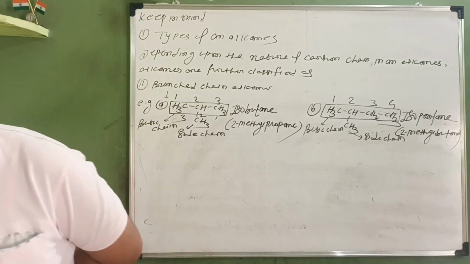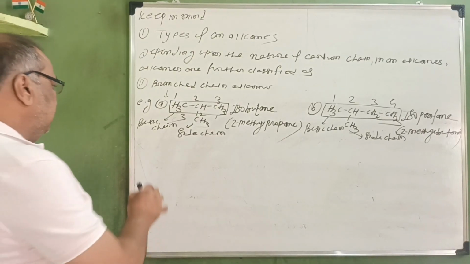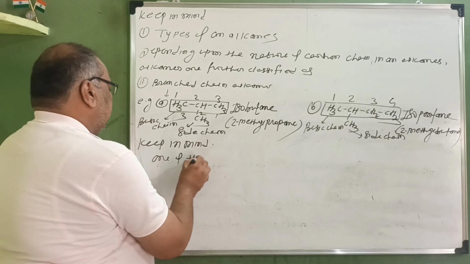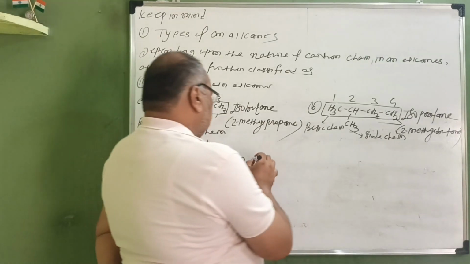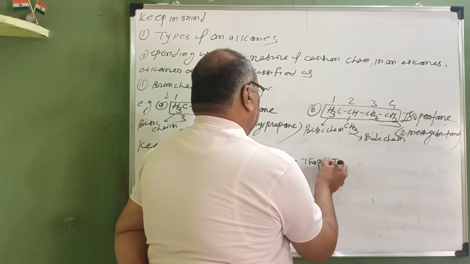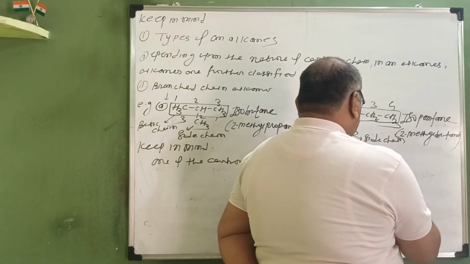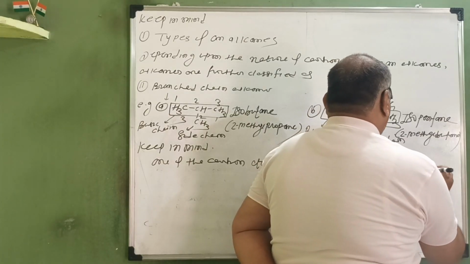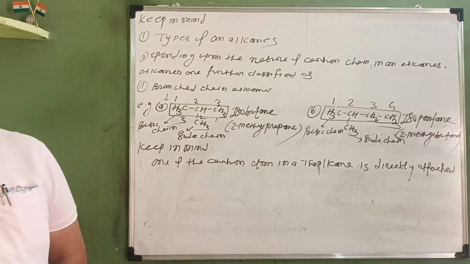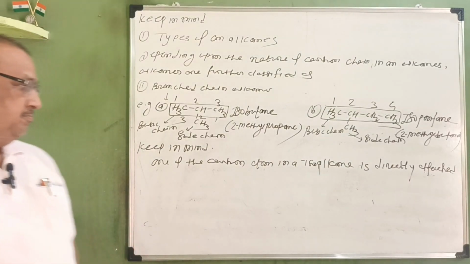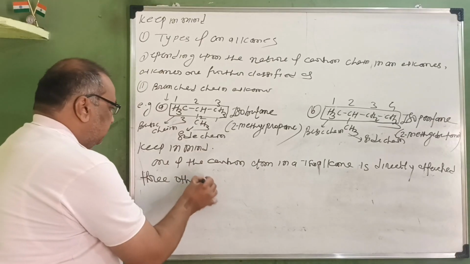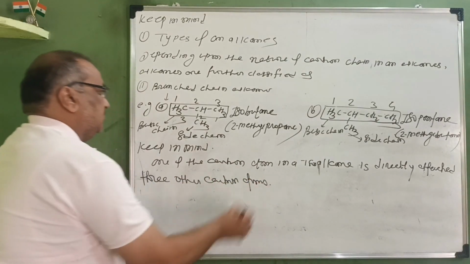That means here keep in mind, one of the carbon atoms in an isoalkane is directly attached to three other carbon atoms. Then next,